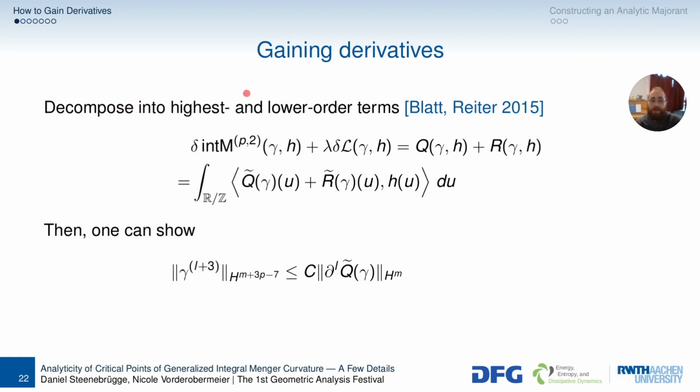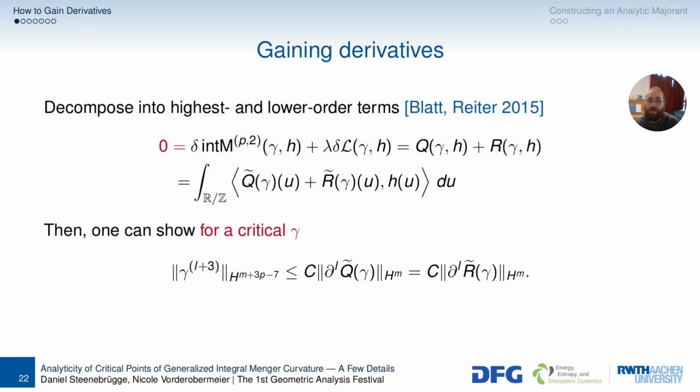We decomposed the first variation of our energy into highest and lower order terms and had an L2 representation of these. And then I said we can show that the L plus third derivative of gamma is bounded above by the Lth derivative of the main term. And then a bit later I said that this is of course, for critical gamma, equal to the Lth derivative of the remainder term, and then we can bound this one above and gain derivatives. Okay, let's talk about these two things. First, this